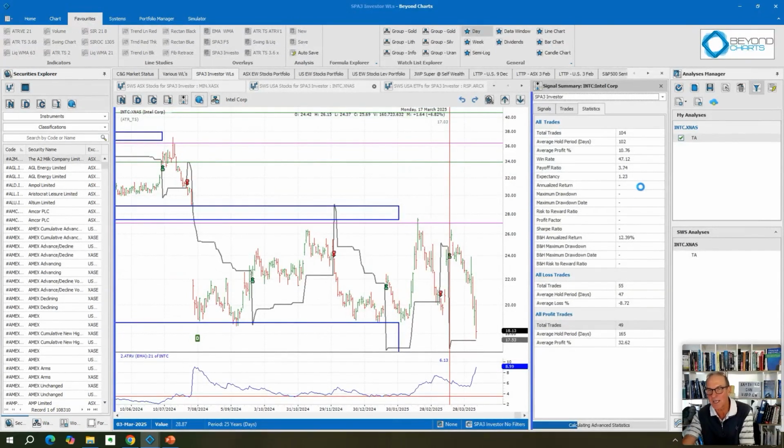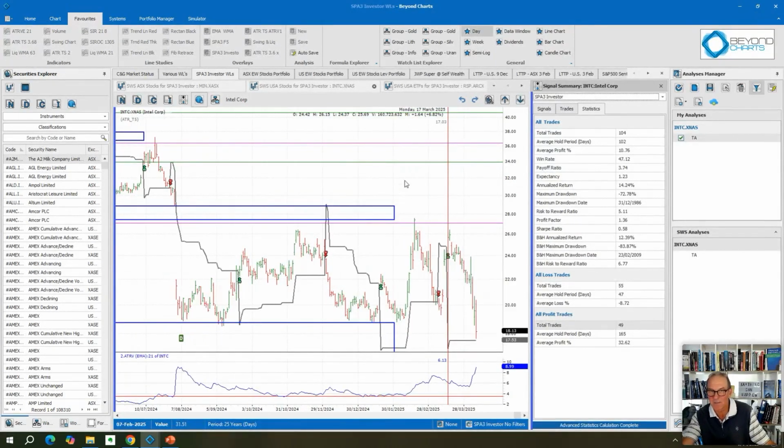So what it's doing here when it takes this time is it's compiling a one stock only portfolio as if you traded all of the signals in Intel. You can see the buy and hold would have been up 12.4% annualized return, which is pretty good. It's matching the market. But you would have got a 14% annualized if you traded everything, and you would have had a 72% drawdown compared to an 83% drawdown. So you still have an edge, and we don't know whether it's going to add to the losing column down here and that go to 56, or whether it's going to go to the winning column and that go up to 50 and slightly change the win rate and the payoff ratio.